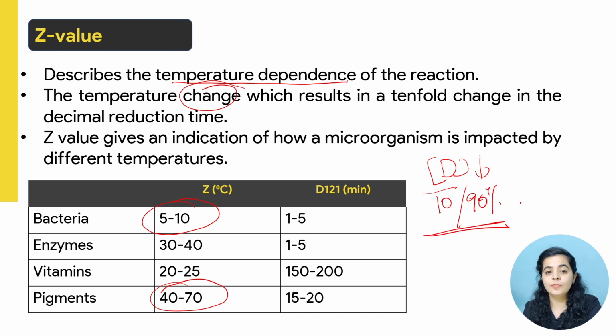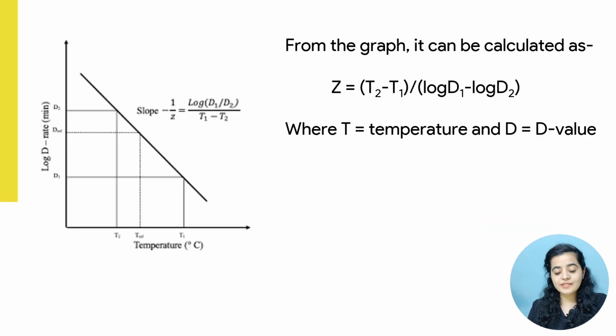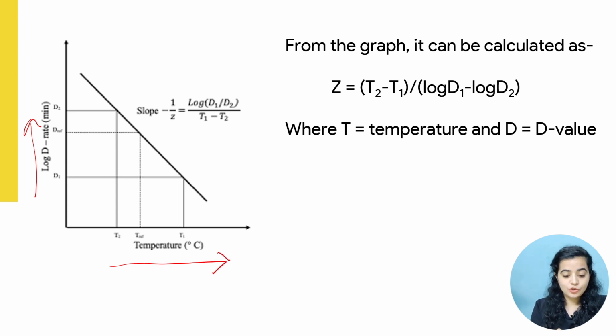So this concept is the same as we discussed in the beginning, how log reduction takes place, how 90% reduction takes place, or you can say 1 decimal point takes place. So basically Z value signifies that. Now let us see from the graph what Z value really is. Now here in the thermal death time curve, we see log D values are placed on the y-axis, whereas temperature is on the x-axis. So we want to study any particular segment, say from here to here, where your D value, say, is 10 here and it becomes 1. So we'll plot the lines on the curve and bring it down. So this temperature change will be your Z value.